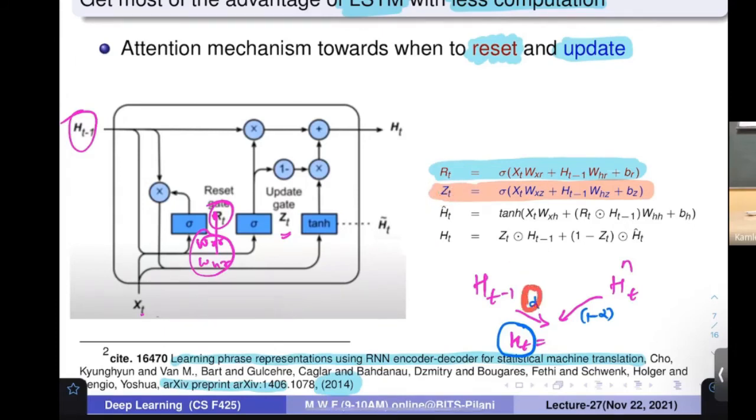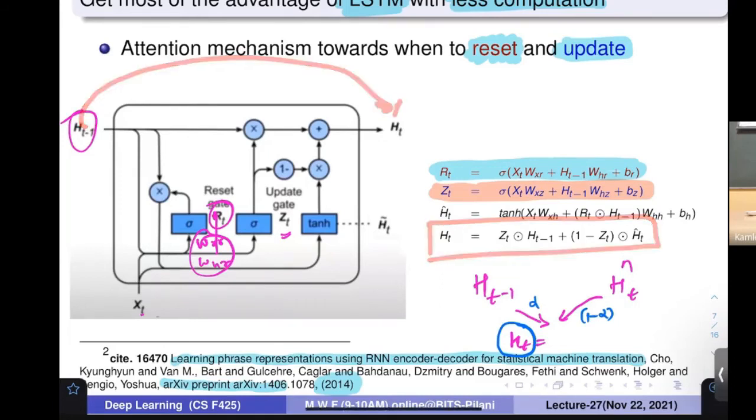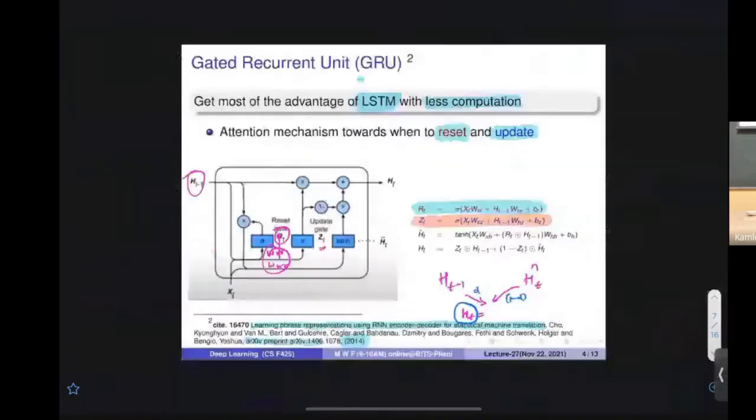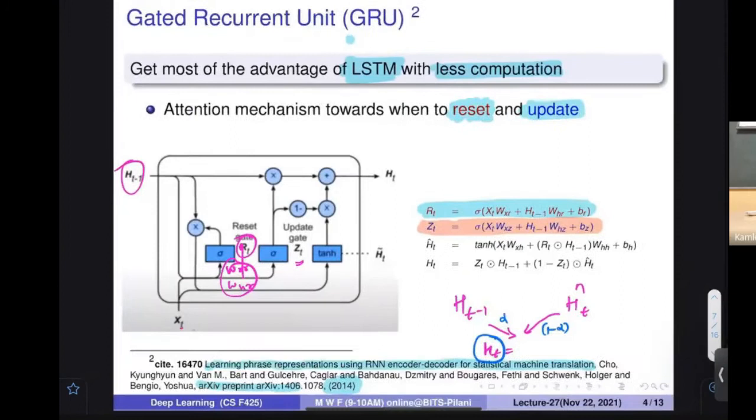So alpha and 1 minus alpha tell you how much of each to take, because the value of alpha needs to be between 0 and 1 if you want to find a convex combination, and sigmoid gives you that, putting the value into the range of 0 and 1. By this, you update the next state. From one state you go to the next state, you feed another input, you get the next state, and you keep doing this. And if you are trained the right way, at the right time you will be able to take the right decisions.